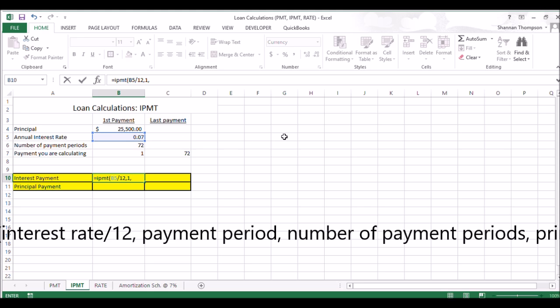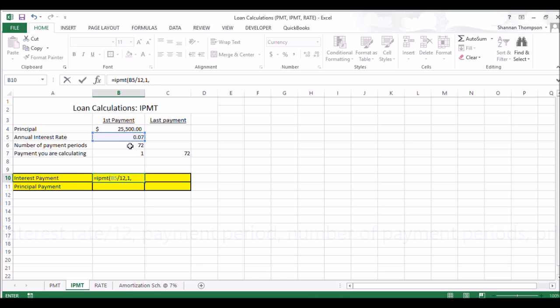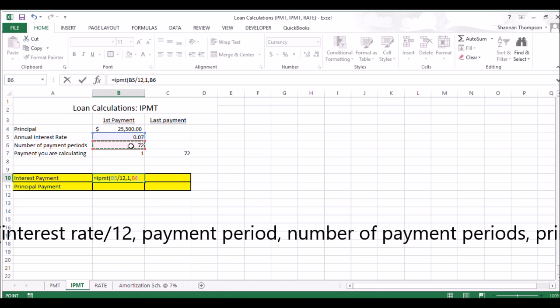And then the next part is the length, or the amount of months that you're going to be paying for this term. So in our example, it's going to be the 72 months, or 6 years. And then the last part of this formula is going to be the principal amount. So we hit enter, and we see that is how much is going to go towards our interest for our first payment. Now, if you want to know how much is going to go towards your principal payment, you're just going to do that